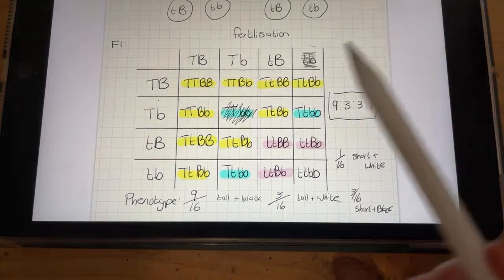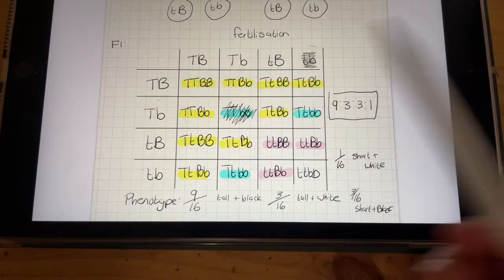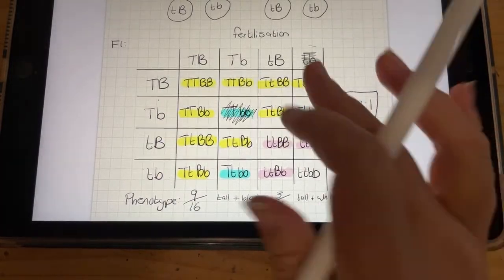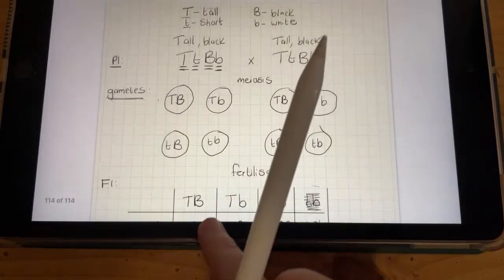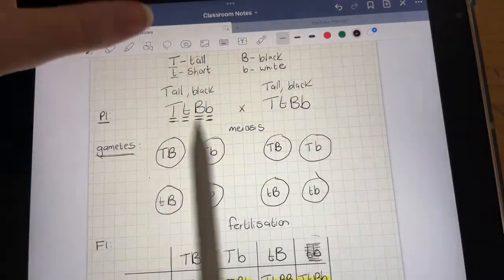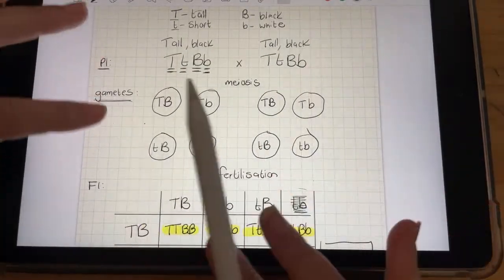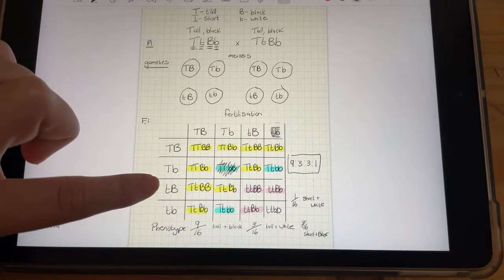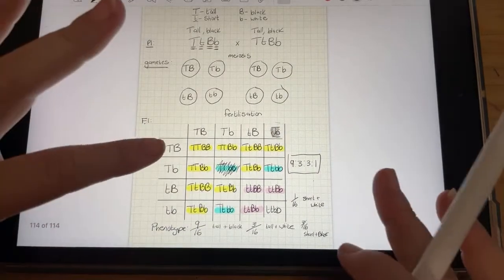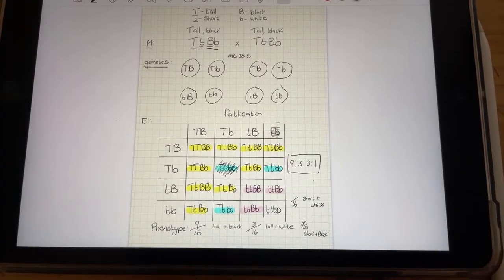The other question is sometimes, these are the gametes. What are the parents? And so you've got to work backwards by taking these gametes and putting them back together to their parent genotypes. And so the good news is you don't need to ever do a full one of these. Your teacher might make you do a full one in class, and I make my own students do a full one in class to practice. But you don't ever have to do that in the final exam.